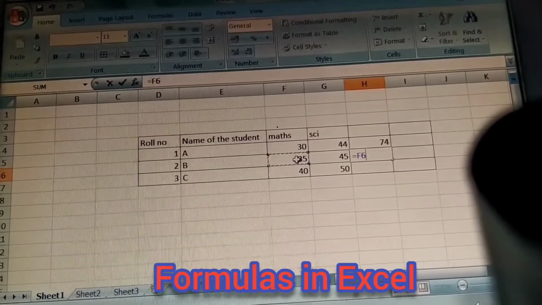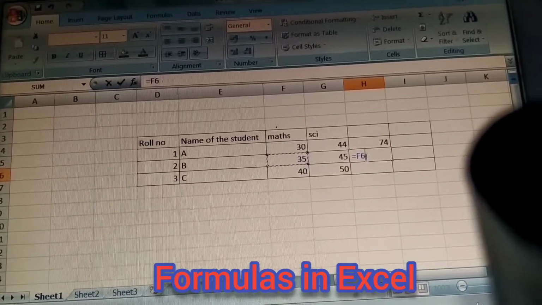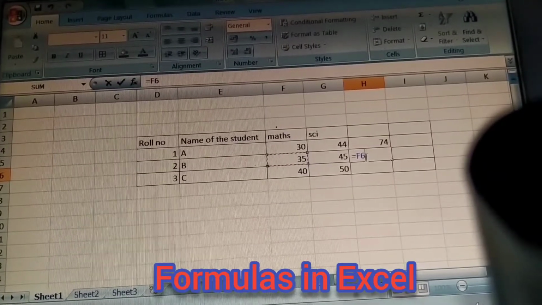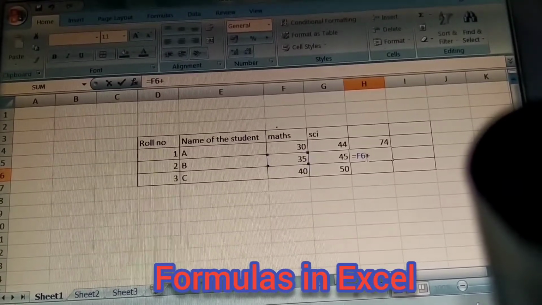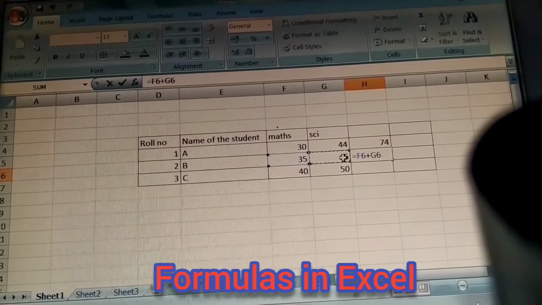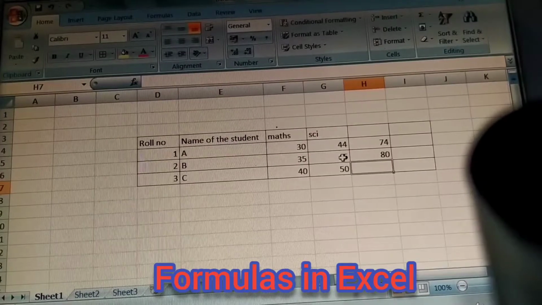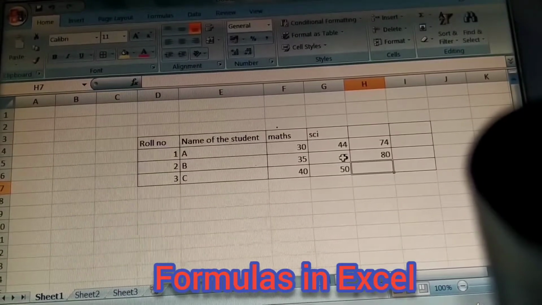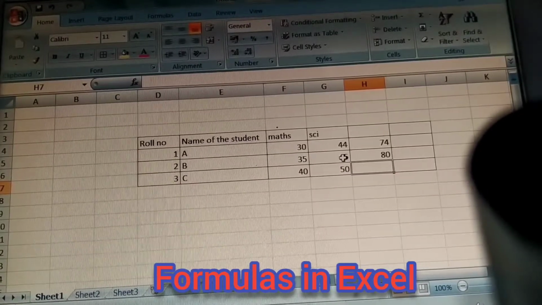When you click after the equal symbol, the cell address comes automatically. Then type the plus symbol, again select the second cell address and press the enter button. This way we can do the addition, through numbers and also through cell addresses we can make a total.